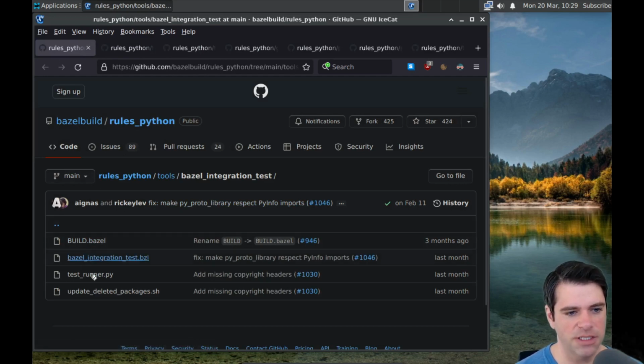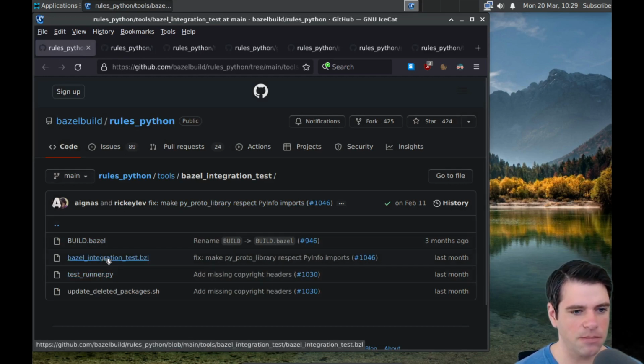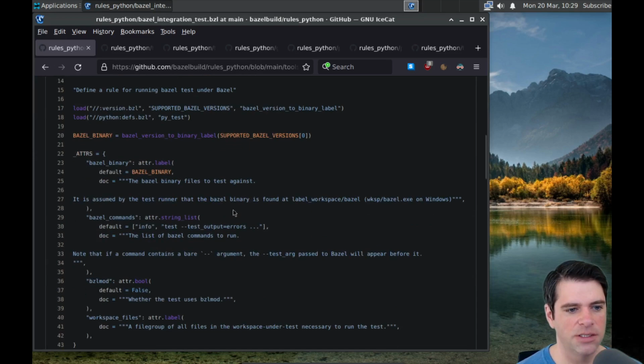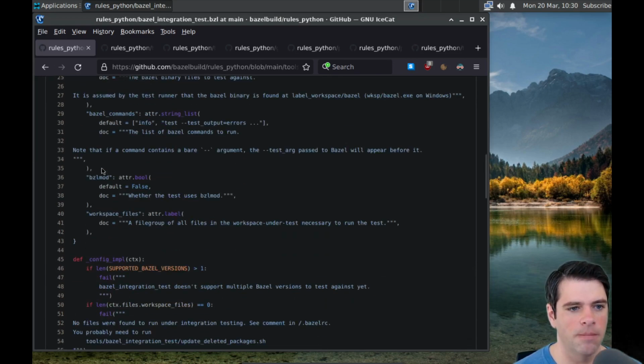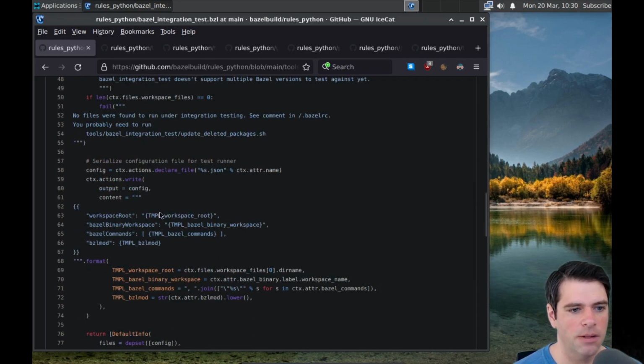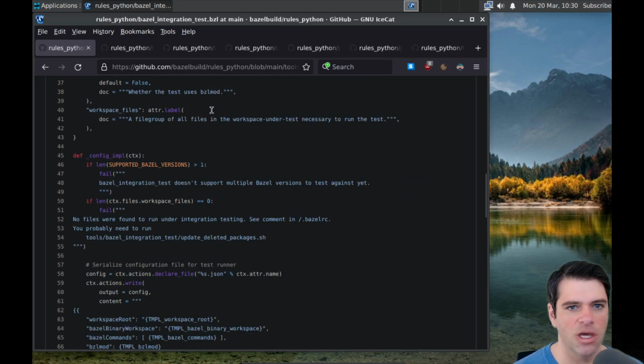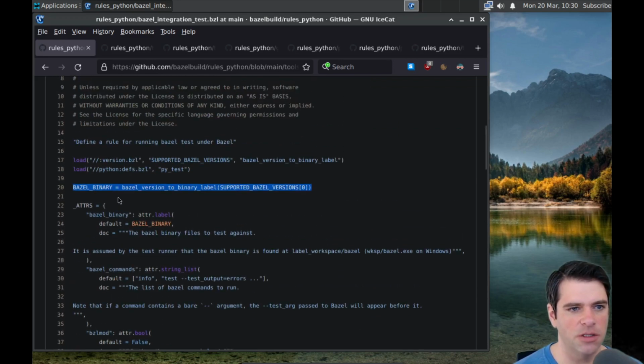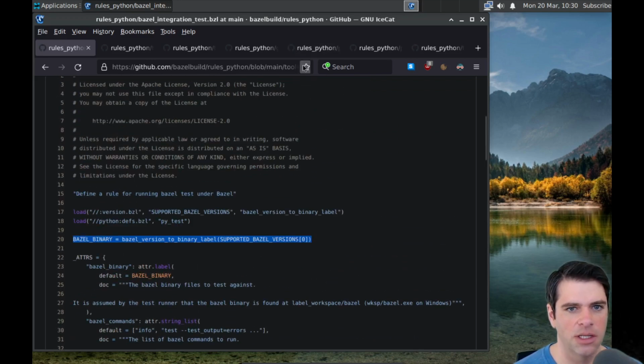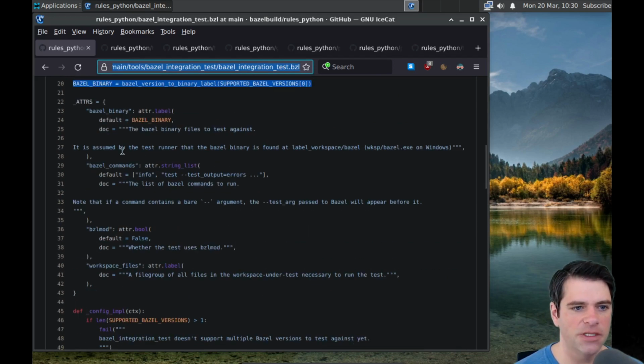So here's some integration tests. We've got a test runner. And let's look at Bazel integration test. We've got some sort of, I guess, a pointer essentially to the Bazel binary. All right. Config imp. Okay, this looks like maybe it's in Starlark. Although it's a .bzl file. So this is in the Starlark